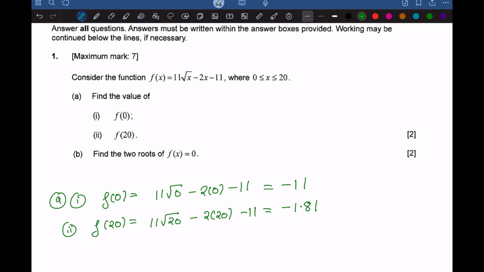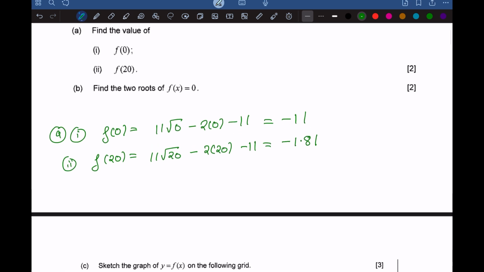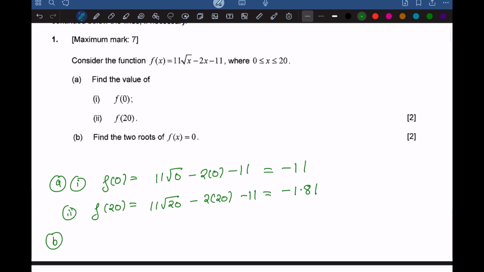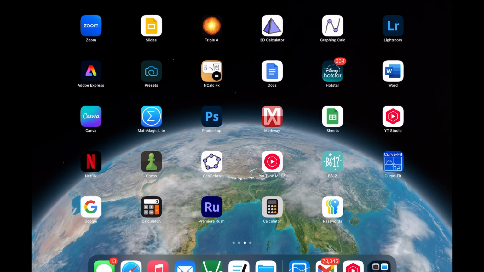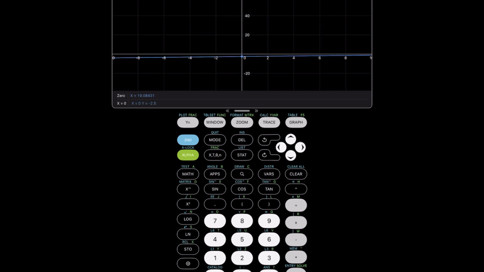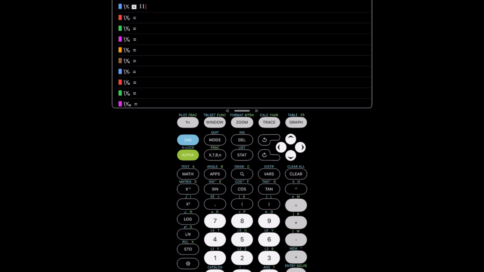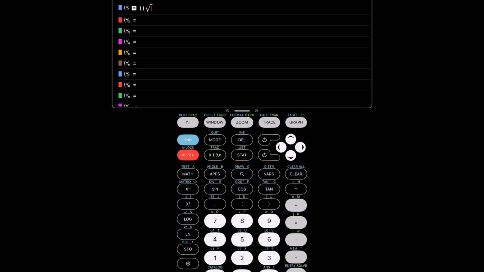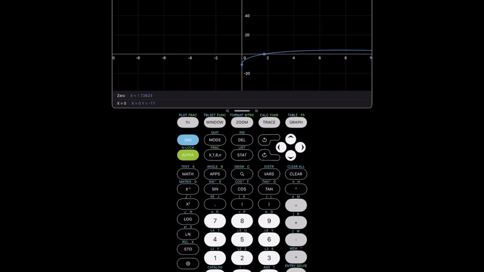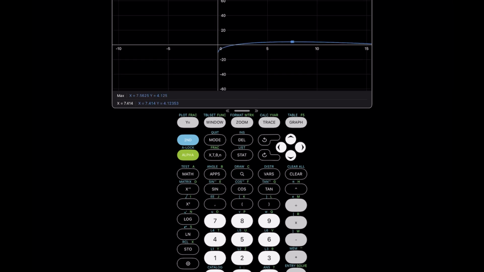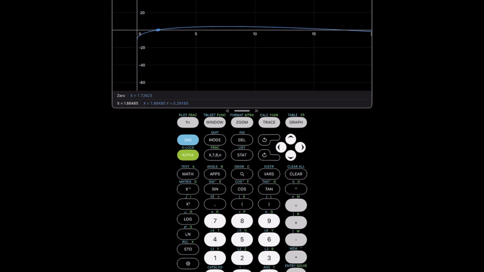Now for part C, we have to find two roots of f(x) equals 0. For part B, we can just use a GDC, right? So we can just graph this 11 root x minus 2x minus 11 and see where we get the points of intersection with the x-axis. So to graph it, we'll open this simulator. The equation is 11 root x minus 2x minus 11. Okay, if we graph it, this is how the graph looks like, and one of the zeros is